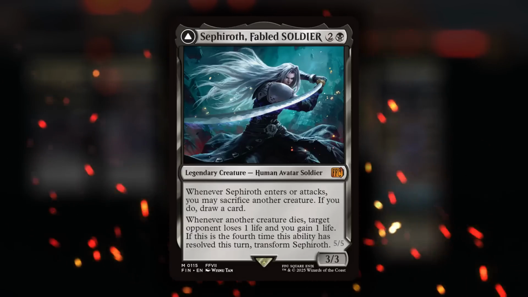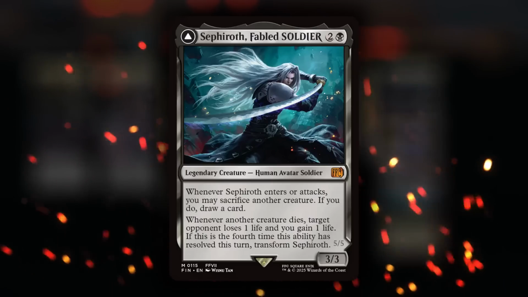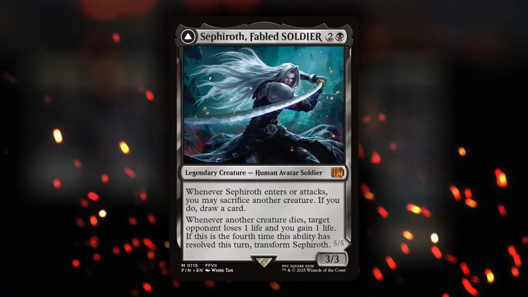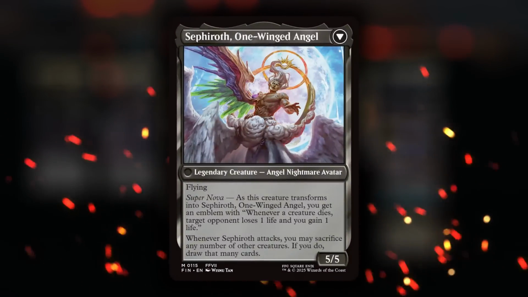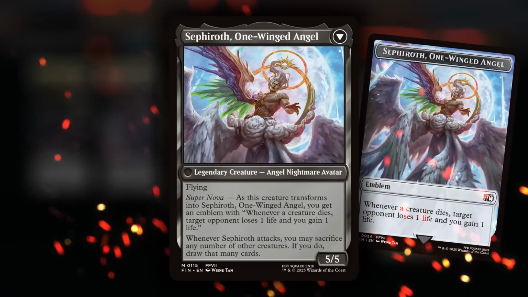And whenever another creature dies, doesn't even have to be our own creature, so it's kind of like a Blood Artist, which also applies to opposing creatures dying. Target opponent loses 1 life, and we gain 1 life. If this is the 4th time this ability has resolved this turn, we get to transform Sephiroth into a 5/5 flying Sephiroth, One-Winged Angel, which immediately makes an emblem with that same Blood Artist effect, draining the opponent for 1